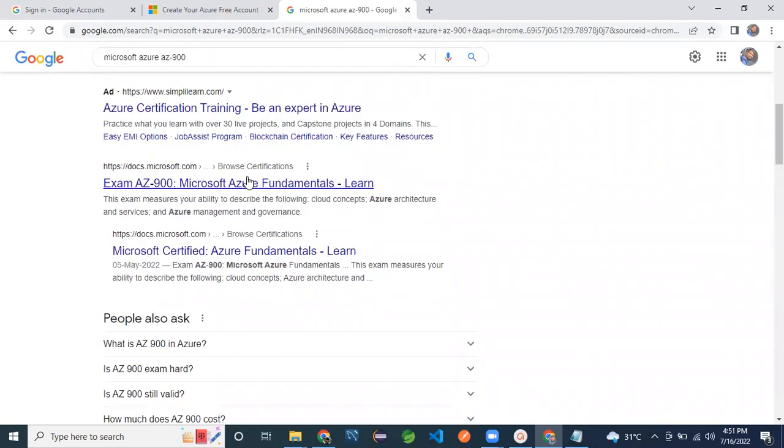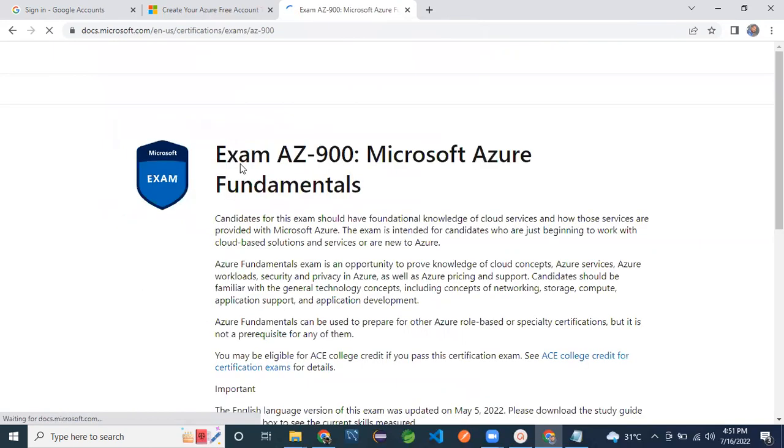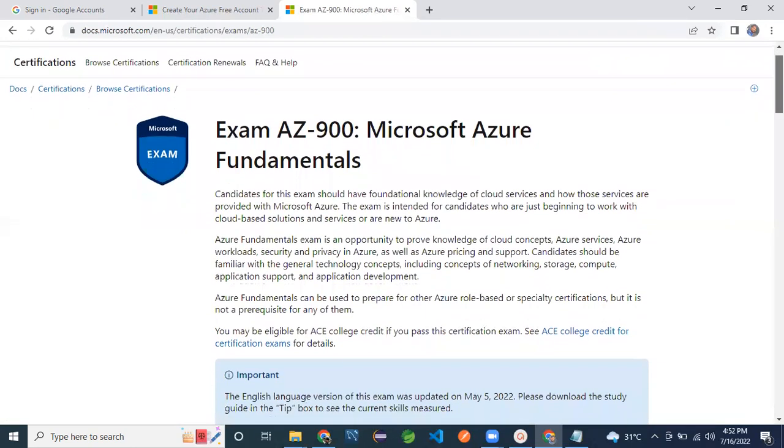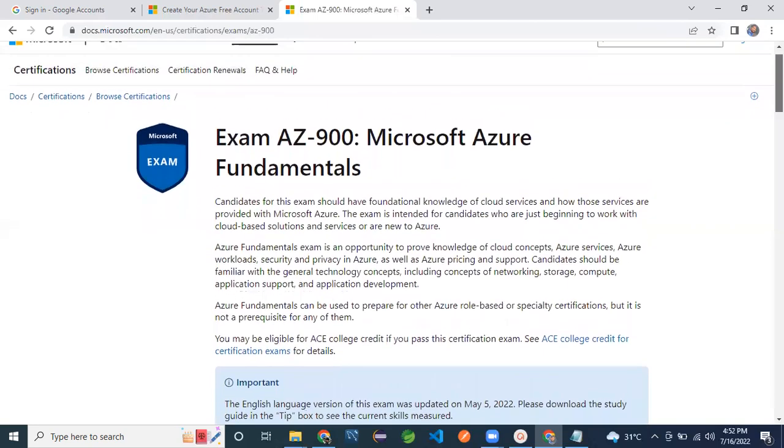You can choose the AZ-900 page, like Microsoft Docs, and go ahead and choose the Microsoft site. This is the site where we can prepare, we can schedule the exam, and it helps us in terms of preparation and certification. Exam AZ-900: Microsoft Azure Fundamentals.